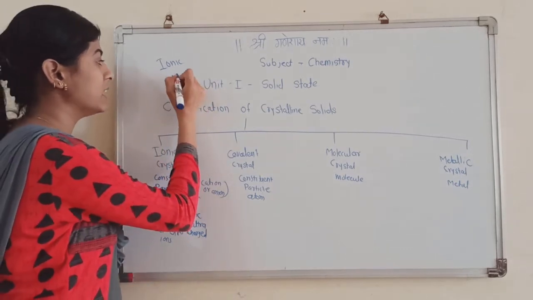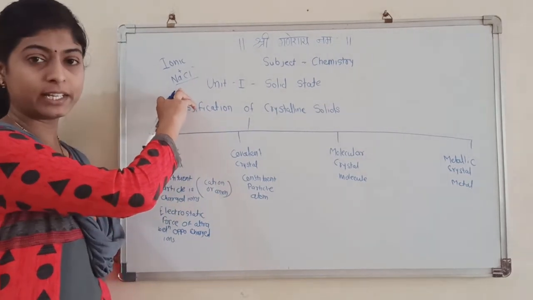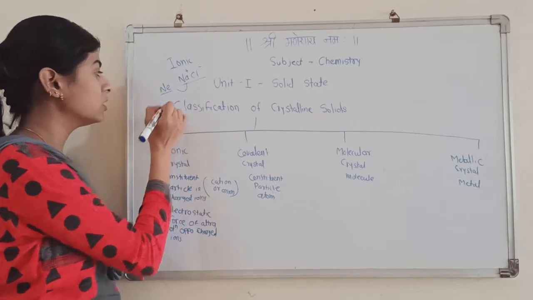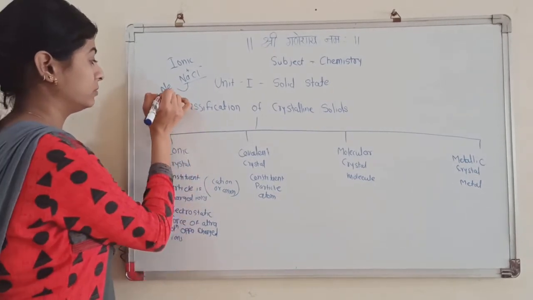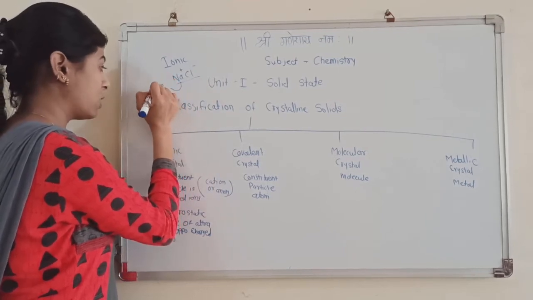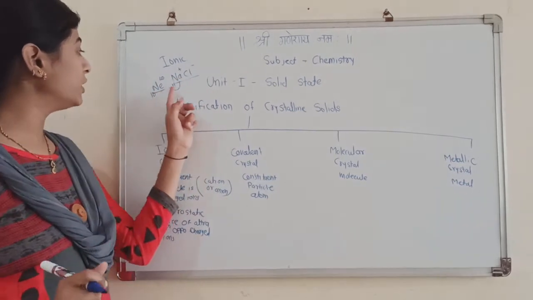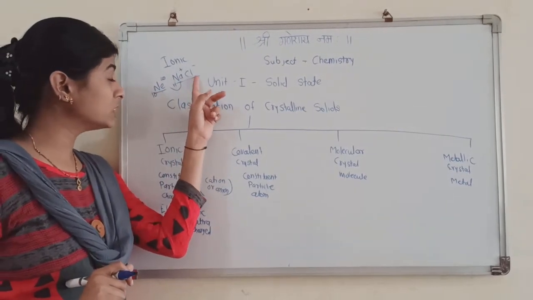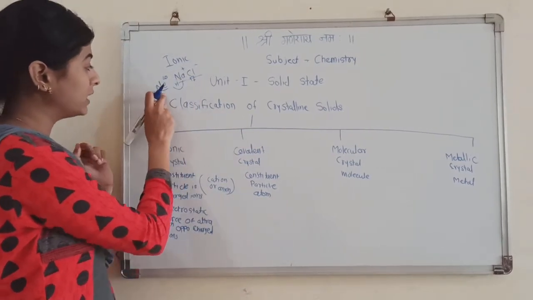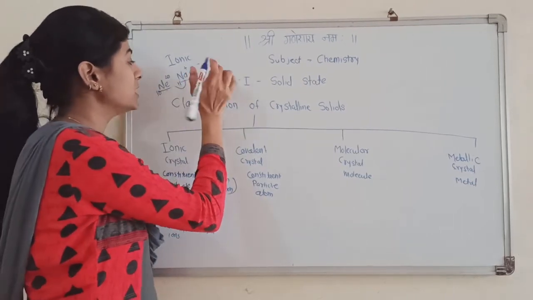It means one species donates its electron to the other species, and we get our crystal, that is NaCl. Here Na positive has one extra electron, as it is near neon, which is a noble gas. Neon has 10 electrons and here it has 11. So it will give its electron to the Cl ion, so that it will occupy the nearest noble gas electronic configuration, that is neon, and here Cl.